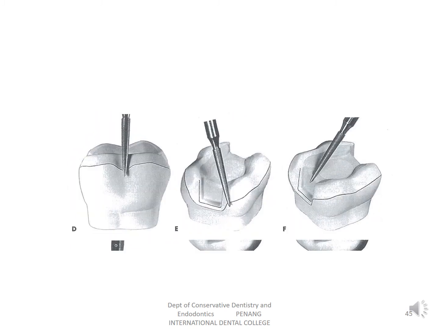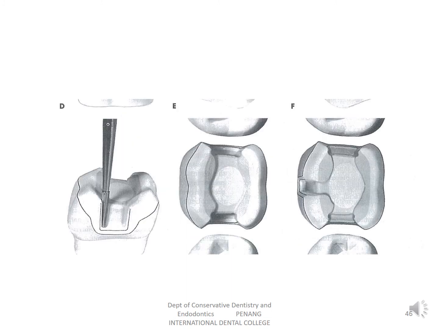All the counter bevels should be slowly blended with the 8862 diamond. The counter bevels are blended with the proximal flares and with the gingival bevel to get a smooth cavosurface margin on all surfaces, on all areas, without any discontinuity. Then after that, use a 169L bur to give proximal grooves for extra retention.